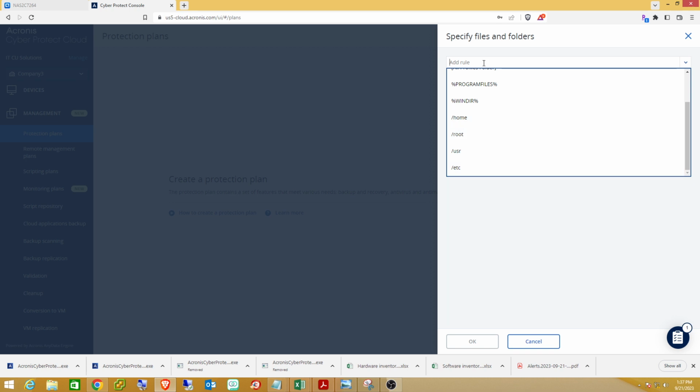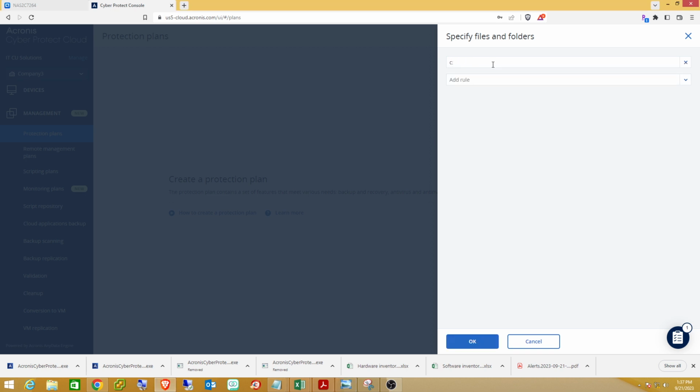In my case, I already have drives, or I have the specific files I want to back up. I can't remember what they are. I'm looking. Oh yeah, there we go. So on one of my machines, the file I want to back up is just called C backup. Okay, so I'm going to add that rule, and then we'll do